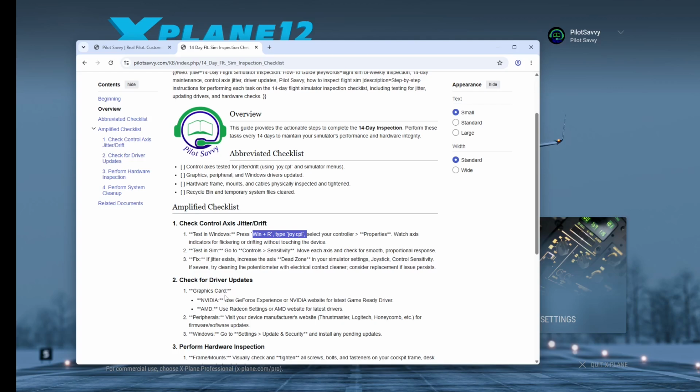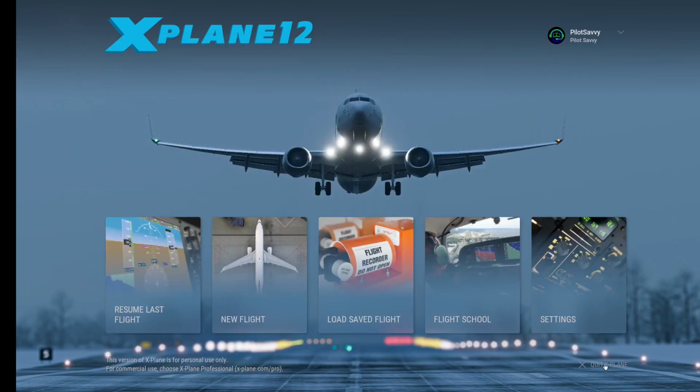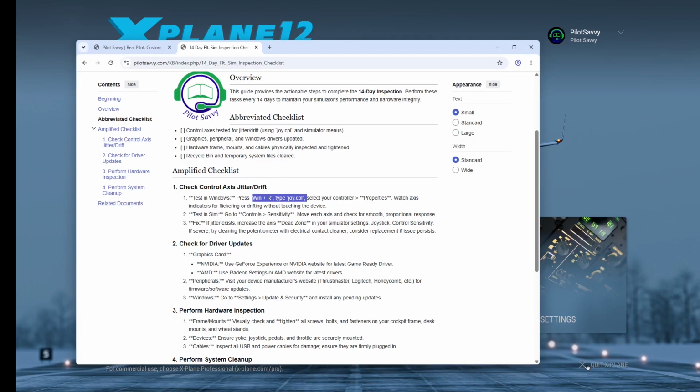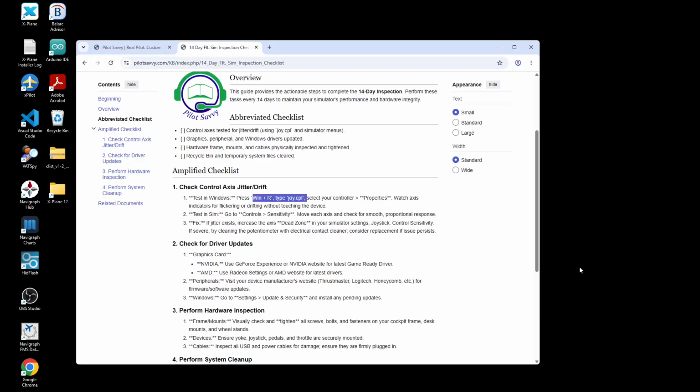So we're now going down to graphics card graphics updates. So in a nutshell, you want to go. I don't want to go through and start making changes. I'm exiting out of the flight sim here. Here we go. Okay, so basically the